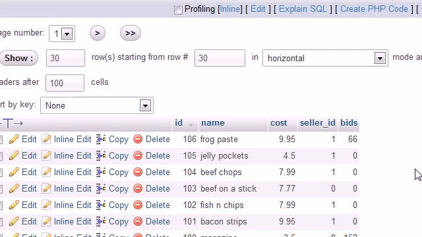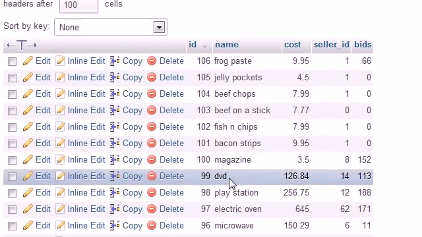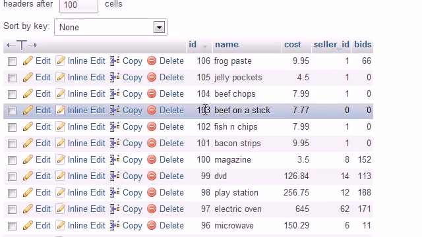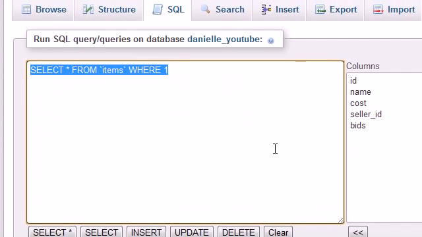next tutorial, but I'm not going to teach you in the next tutorial, because delete is how to delete rows of items. For example, if we no longer want to sell this frog paste or we no longer want this beef on a stick on the website, I'm going to show you guys how to delete this. And the reason I'm not waiting for another tutorial is because this is the easiest thing I have ever taught anyone in my life. So in order to delete rows, just go ahead and hit delete from and write what